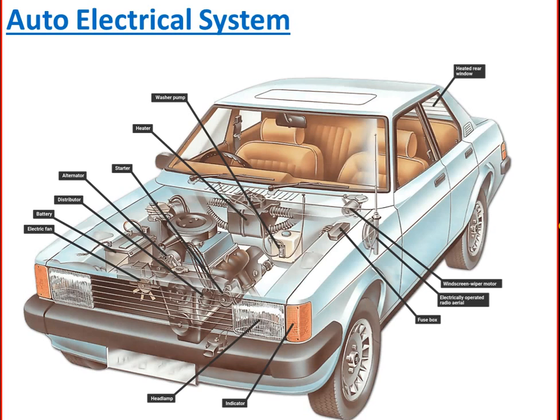Apart from this charging, some automotive vehicles are designed with magnetic ignition, which generates power that powers a spark plug in the combustion chambers. It's also used to power some electrical components, which helps to save battery power. Although some ignition systems depend on the battery's power, all electrical circuits in vehicles are opened and closed either by switches or relays, and fuses are used to protect them from overloads.